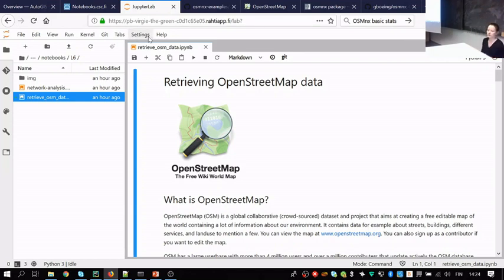OpenStreetMap is kind of my personal favorite topic. Maybe, at least, who of you have been to these mapathons we have organized around Helsinki? Some of you. And overall, how many of you have ever edited the OpenStreetMap data? Okay, quite a few